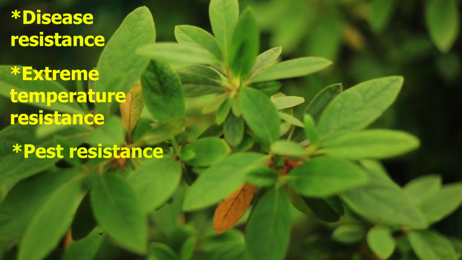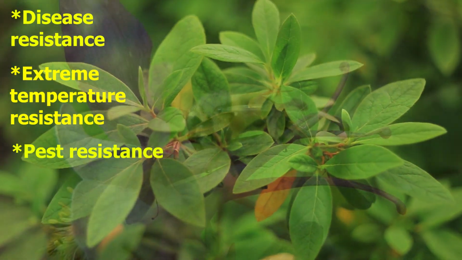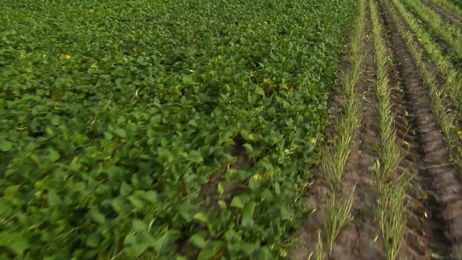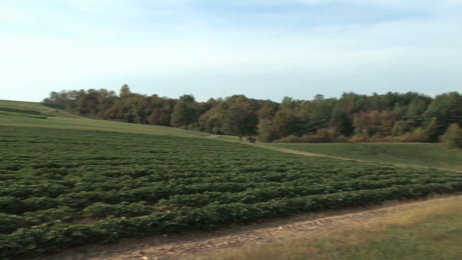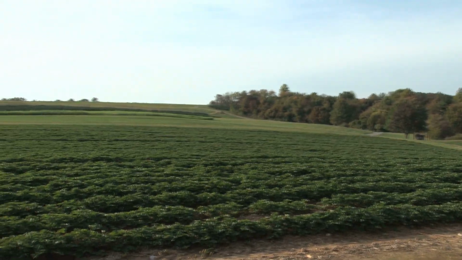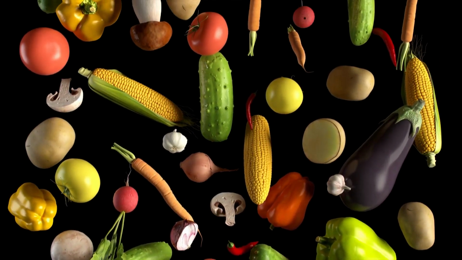In agriculture, some wild types of plants carry disease resistance, extreme temperature resistance, and pest resistance in their genetic makeup. These specific genes have been used to grow crops that are larger, healthier, and can survive longer as a result of receiving resistant genes from their specifically diverse wild plant species. Plant diversity has greatly improved how farmers grow crops and has led to higher crop yields as a result. This means more vegetables and fruits for all of us.